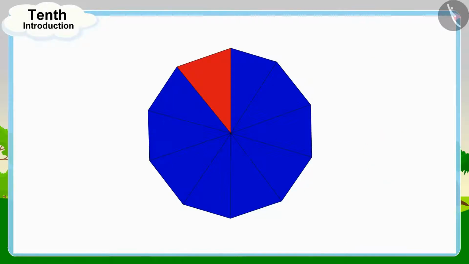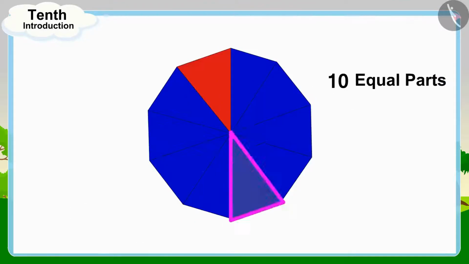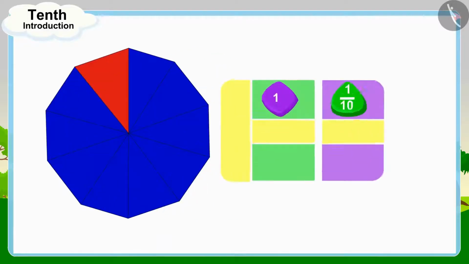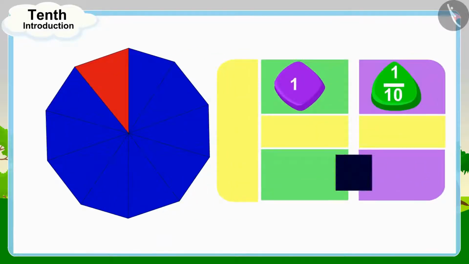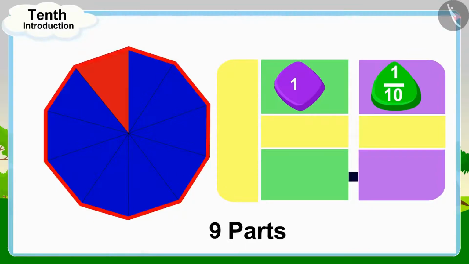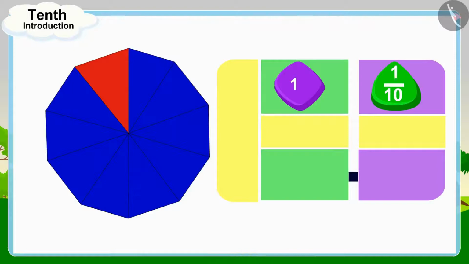Golu has colored 9 out of the 10 parts of the flower. Because our whole is divided into 10 equal parts, we will first write the decimal point in this way. Now Golu has colored 9 parts of this whole. Therefore, we will write the number 9 after the decimal point. And because